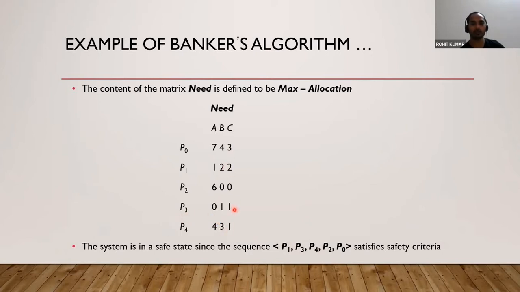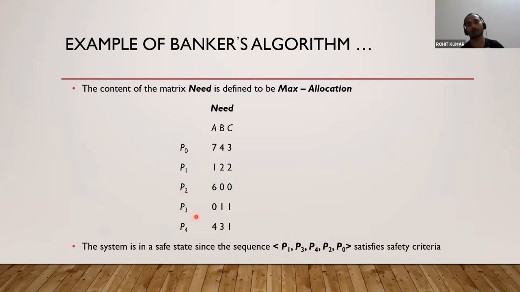And we also got the safe sequence. And according to this sequence also, you can get a safe sequence. This is also a feasible safe sequence. You can execute P1 first, then P3, then P4. So after having the 7, 4, 3 resources, we had 3 choices. Either we can execute P0 first, then P2 first,